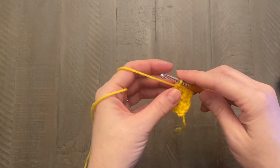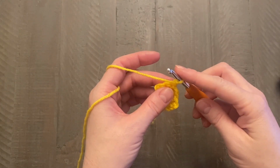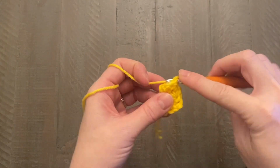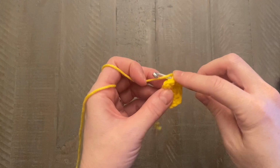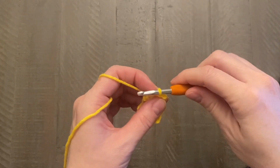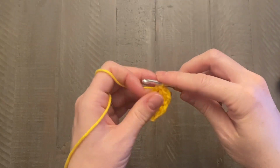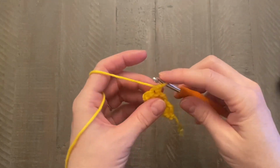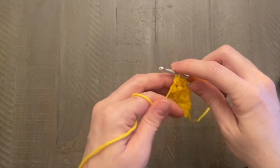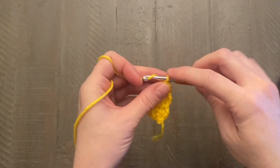Now we're going to chain 1 and turn our work. We're going to single crochet decrease. And then single crochet into that very next stitch. Chain 1, turn your work, single crochet decrease. Okay. Now we're going to chain 1,